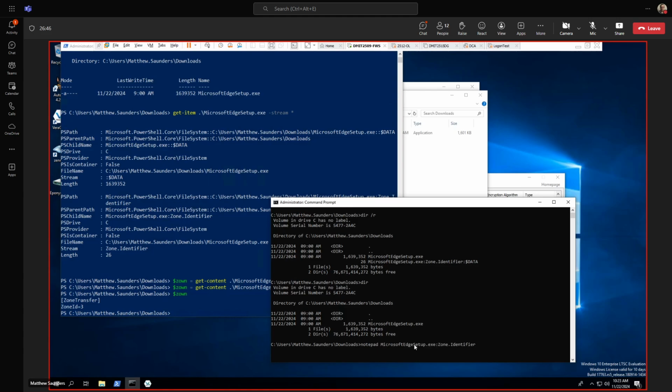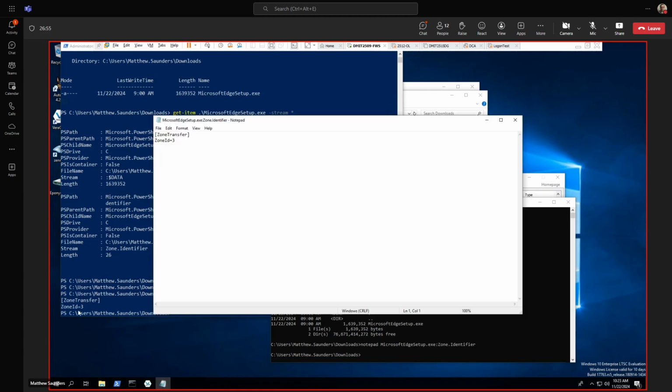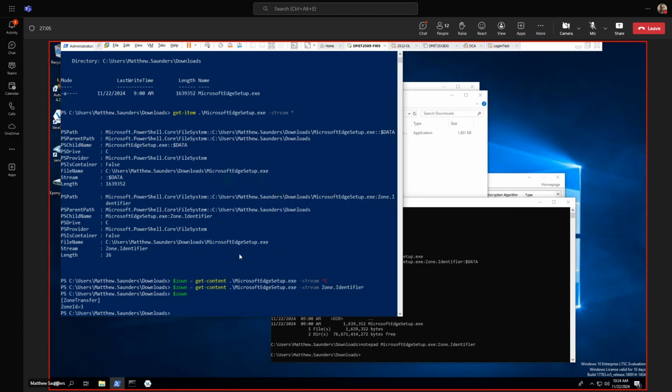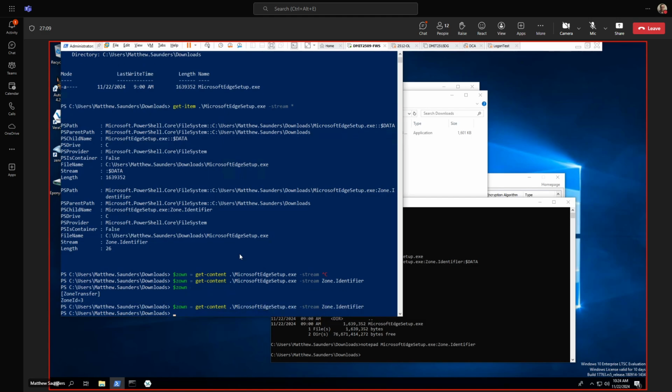So I want Microsoft Edge setup.exe colon Zone.Identifier to specify what stream. And when I hit enter, I get the same content, except now it's in Notepad, right? And if I want to, I can just set that to 0, save it. And now if I rerun that,